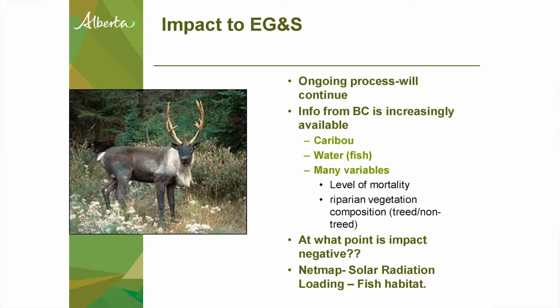What else here? There's a lot of things that are upcoming that are very exciting, like NetMap. We just looked at a NetMap program that allowed virtual watersheds, and we did some tests with our mortality data, put that on the landscape, and actually found out what kind of thermal loading you would have on those streams because of that disturbance. So there's a lot of tools out there that exist right now that will help us make some of these decisions on whether or not, okay, maybe we should get in there and underplant along that stream to bolster that bull trout habitat or that Arctic grayling habitat.